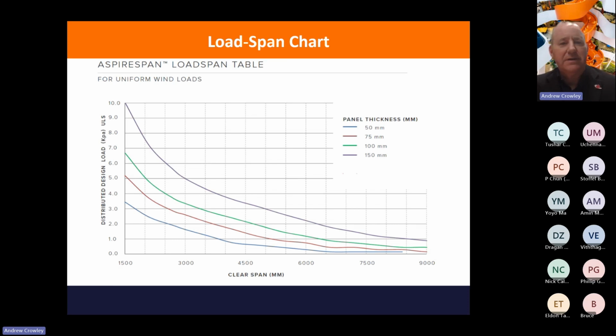Some other manufacturers and some other panels provide graphs of load span tables. In this case, this is for uniform wind loads applied to the Aspire span panels. And similarly, we've got a range of thicknesses from 50 to 150. So if we're looking at 150 thick and our span is 5 meters, and here we go, we go back to our distributed design load in kPa at the ultimate limit state, and that gives us the number 3 in there. So there's quite a big difference between your ultimate limit state loading and your serviceability limit